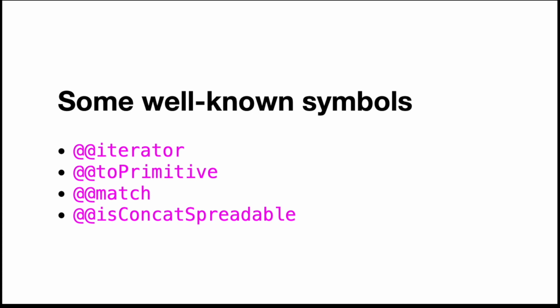And the last one I found very interesting, and that is concat spreadable. Because concat is this very special function in JavaScript, I mean array concat, that says, if it's an array, spread it, and if it's not an array, use it as an object. If it's an array, inspect inside. And here you can tell on any object if that should happen on it. It says, I'm a unit when it comes to concatenating, or I am a set when it comes to concatenating. Again, is it useful? I don't know. But this is probably a good way to deal with these kinds of things.